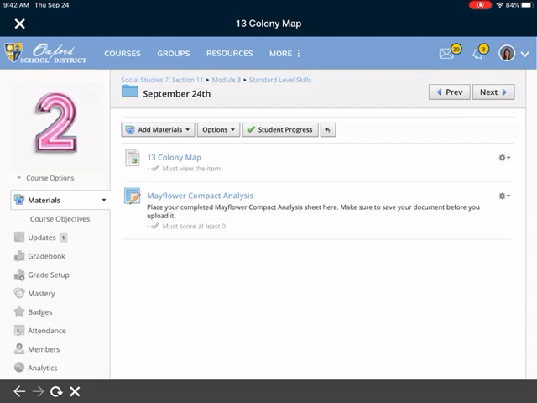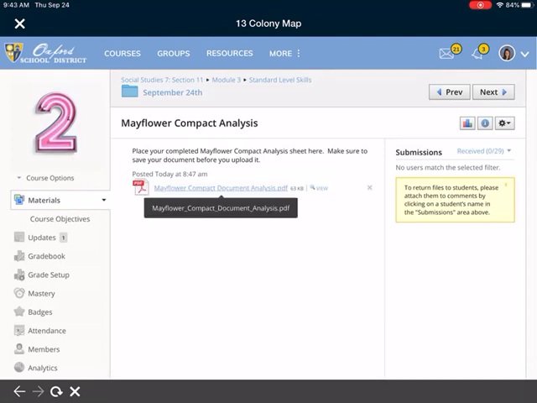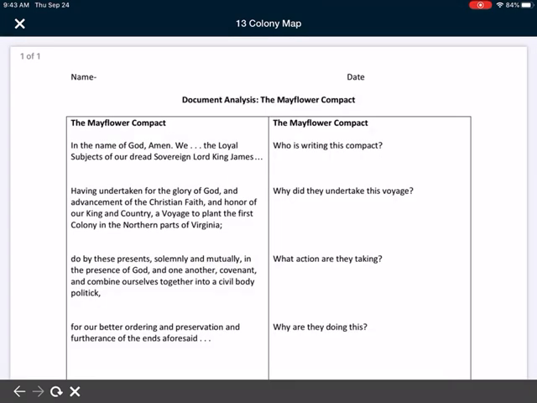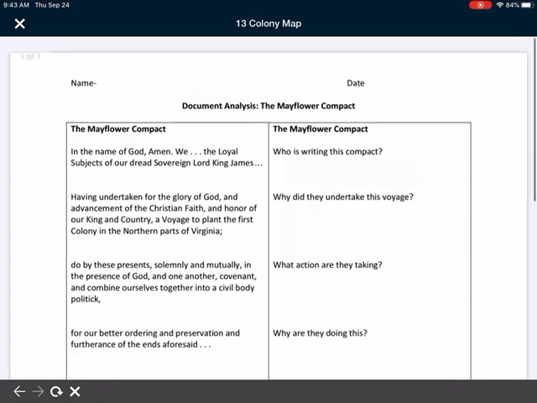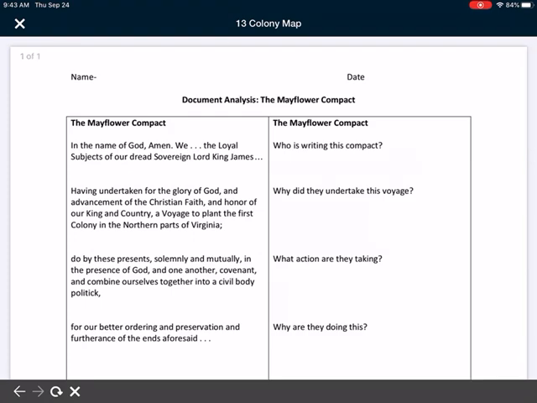All right. So right now we're going to do this Mayflower Compact analysis. So go ahead and click, go to the Mayflower Compact Analysis. When you get there, you're going to see a PDF. Okay, go ahead and download that PDF. Okay, it's going to look like this. Okay, again, download it to PDF